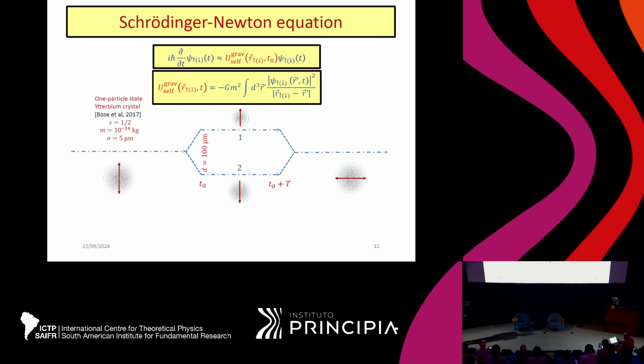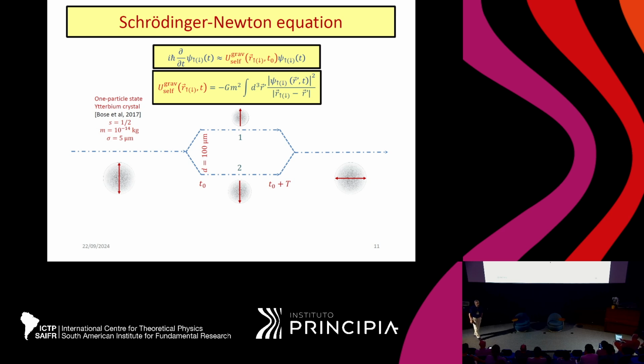And assuming that the distance between the superpositions is about 100 micrometers, then even the kinetic term can be neglected. We end up with this very simple equation. The potential is the same. And everything, after all, depends on this time: how long you leave the self-interacting potential to act in order to dephase the superposition, which is not something predicted